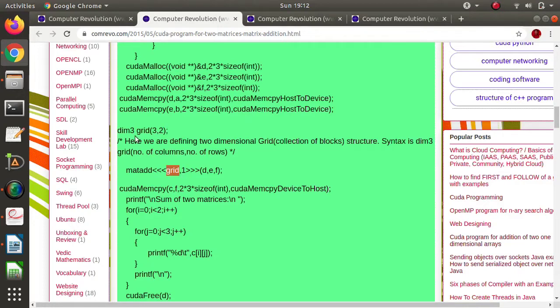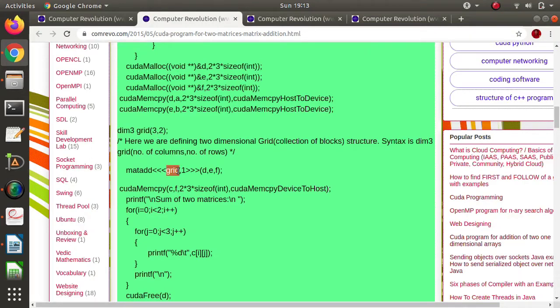So here we have used this data type that is provided by CUDA.h, that is dim3, to create multi-dimensional block structure or thread structure. This is the variable, so any name we can give. So here we have given grid, you can give G, T, P, any variable we can use. First parameter is the number of columns, while second parameter is number of rows. So here 3 into 2. So we have created 6 blocks.